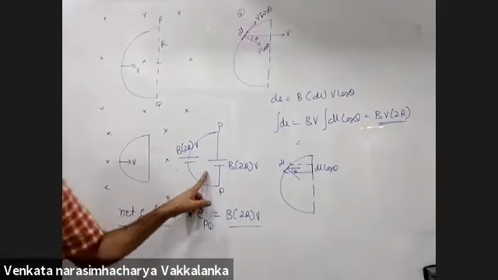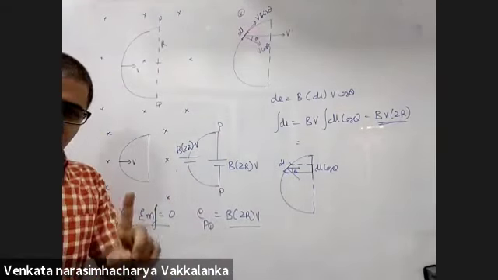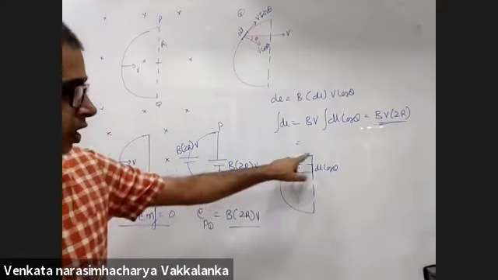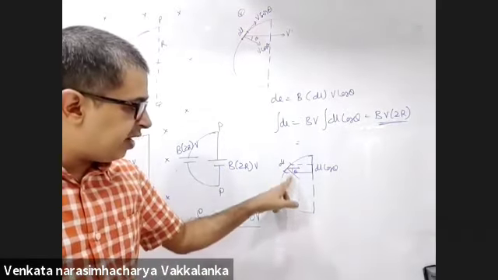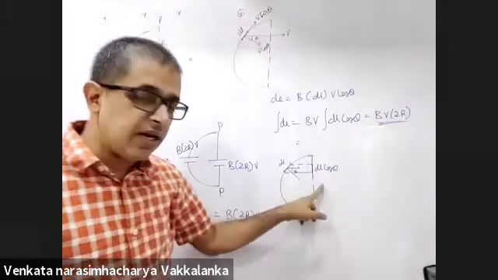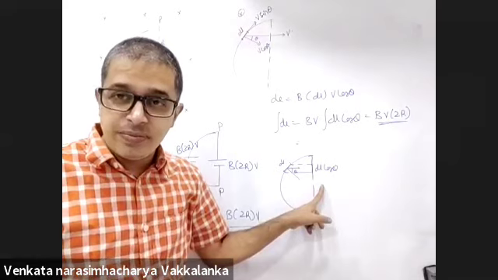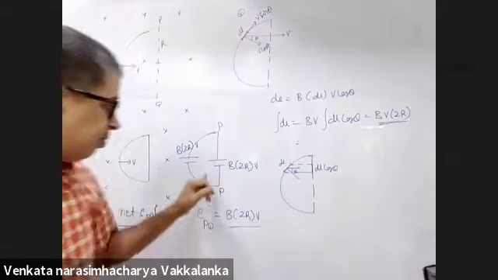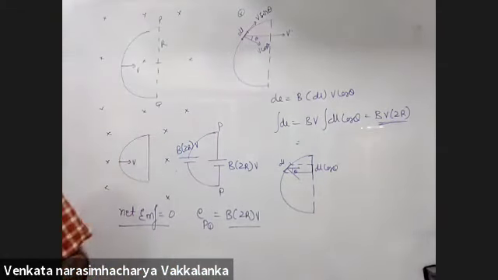So completing the loop and making the net EMF 0 is one way. If it is a regular shaped body, finding out dl v and integrating is the second way. Because it was a semicircle, I could do this with convenience. If it is an irregular shaped body, this will be the only alternative.